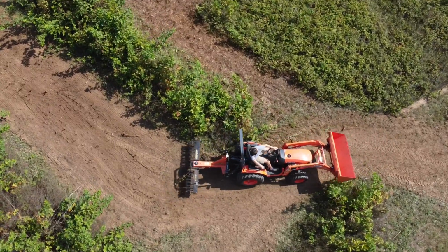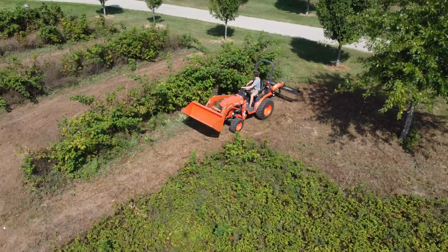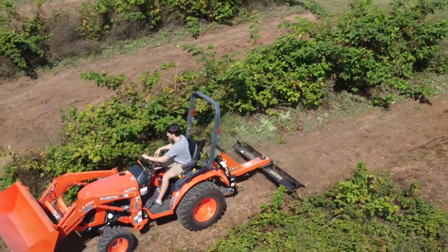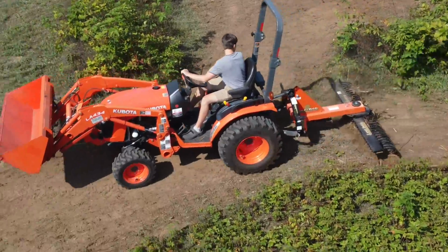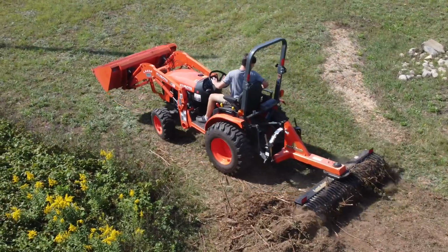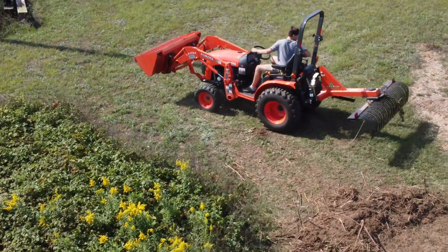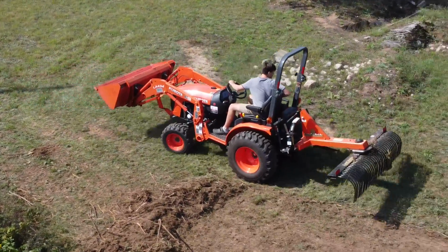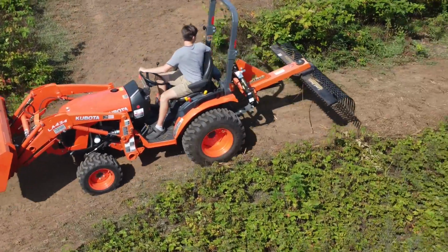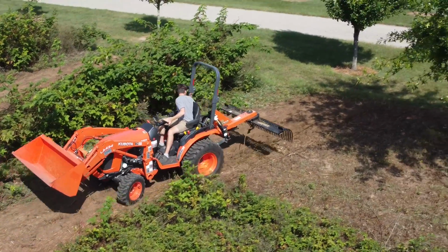So one of the things that I really do not like about the B series tractors is that the treadle pedal, using it in reverse is very difficult. Maybe not difficult, so to speak, but it takes quite a bit of downward force on the reverse side of that pedal in order to really get moving at any real rate of speed. So I'm only about 150 pounds, and there's cases where when I am in reverse, the tractor will try to cut out just because you have to push the pedal down so hard. But aside from that, I really like these tractors. I wish the fuel fill wasn't on the hood. That would be nice, but